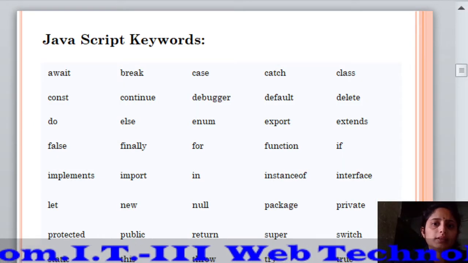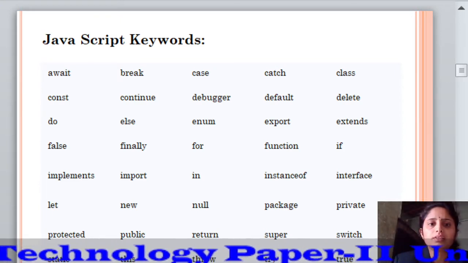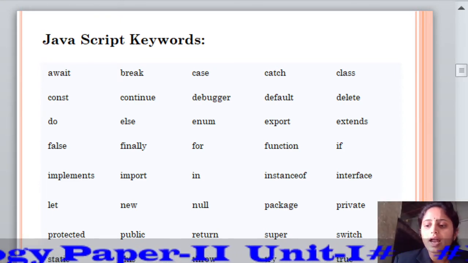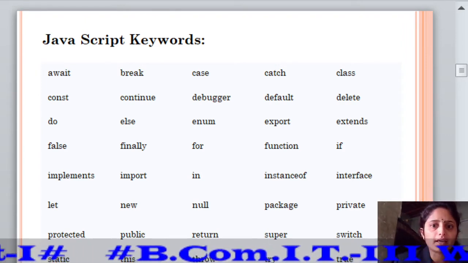The next point is the JavaScript keywords. Keywords are reserved words that are part of the syntax in the programming language.